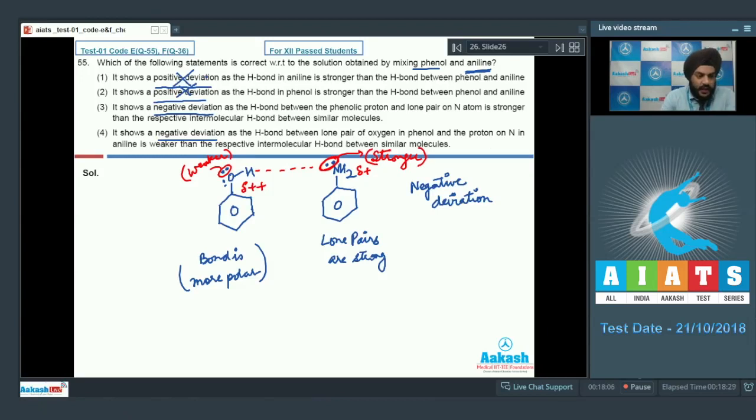So let us look at the third option. It shows a negative deviation as the H bond between the phenolic proton and lone pair on nitrogen atom is stronger than the respective intermolecular H bond between similar molecules. So this statement is correct. Let us look at the fourth option. It shows a negative deviation as the H bond between lone pair of oxygen in phenol and proton on the N is weaker than the respective intermolecular H bond between similar molecules. So this statement is incorrect because a weaker interaction will not lead to the solution showing a negative deviation. So the correct answer for question number 55 is option